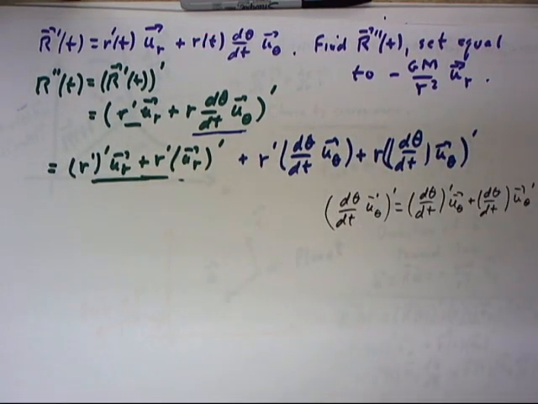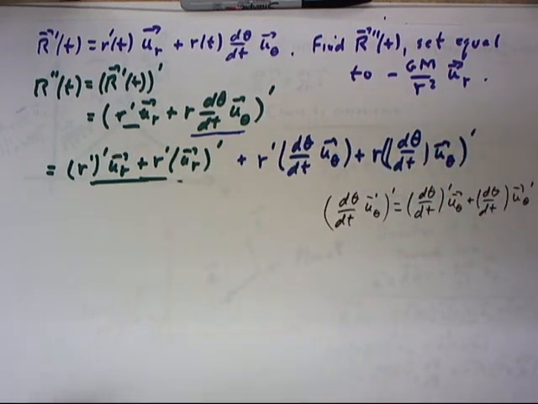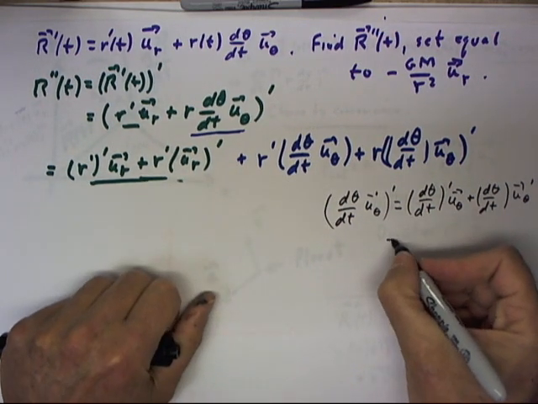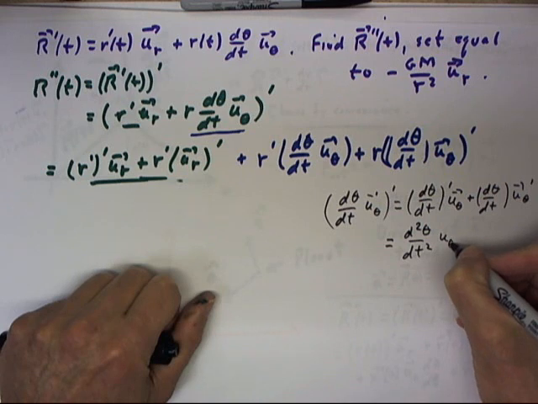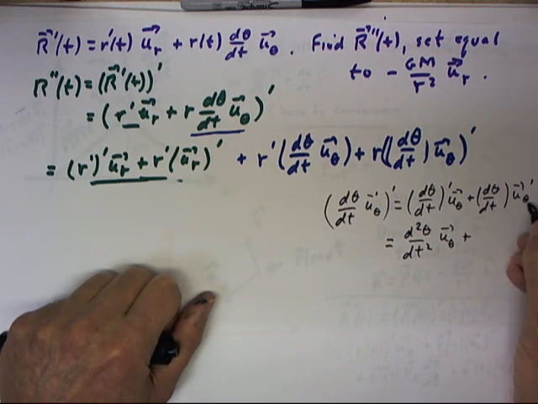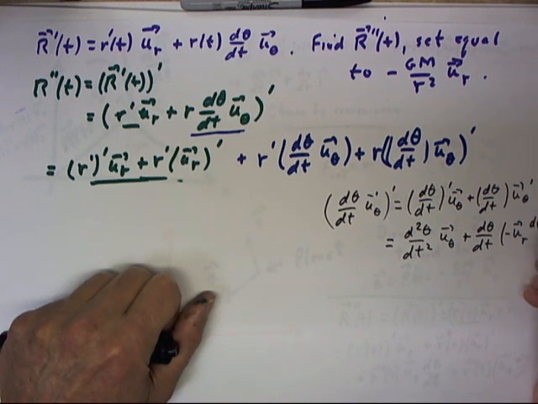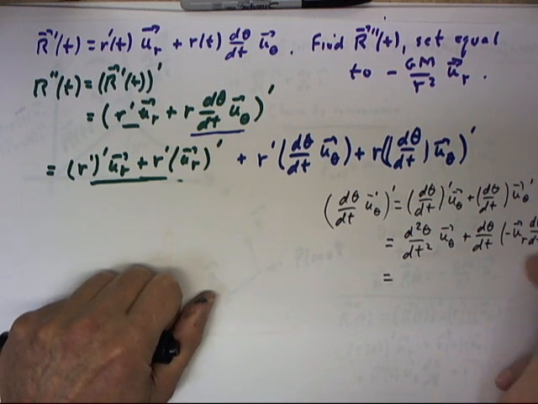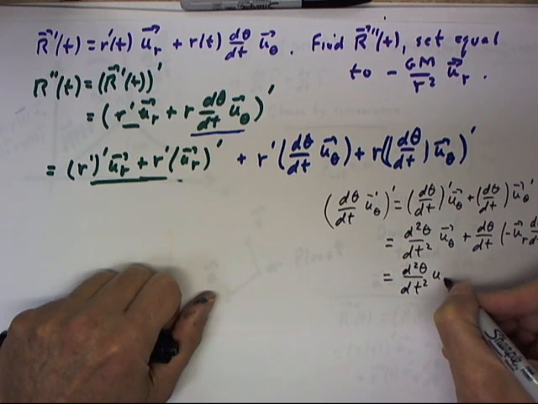Okay, looking at the entire expression and noting what the derivative of this expression is, and actually let's write out just one more step for this expression. This is going to be the second derivative of theta with respect to t times u sub theta plus u sub theta prime, that's going to be d theta dt times negative u sub r d theta dt. Since we have the d theta dt twice, let's write this out as the second derivative of theta with respect to t times u sub theta